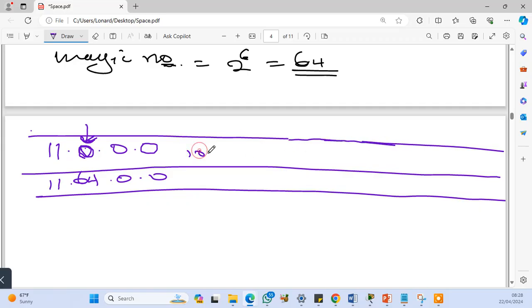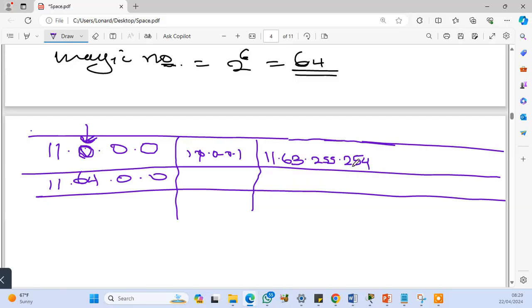Here it was 11 dot 0 dot 0 dot 1. Now I need the last, so I will add the 64 on this and that gets 64. Then once I get 64, I will subtract the 1. If I subtract the 1, I will get 63. And then write 255, then dot